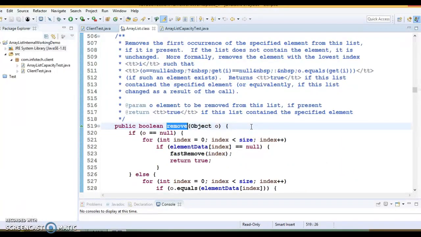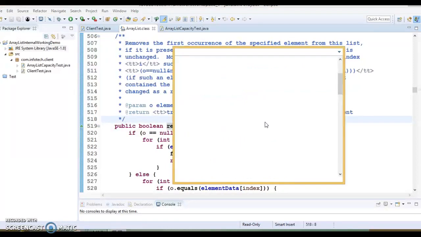So if you call any of the methods, then the gap created by the removal of an element has to be filled in the underlying array, and that is done by shifting any subsequent elements to the left, right? And that is basically done by one of the methods being called. So if I go here in the remove method,